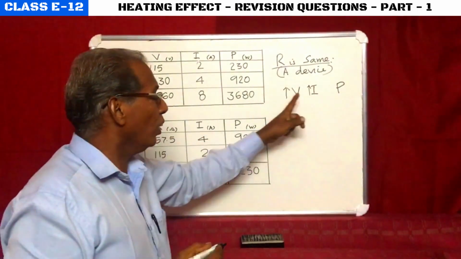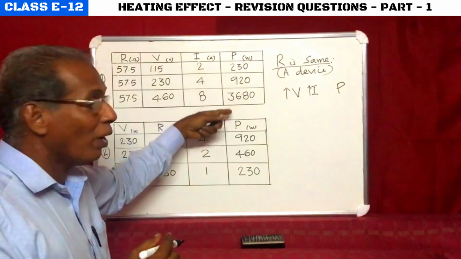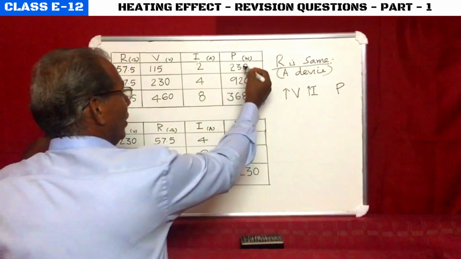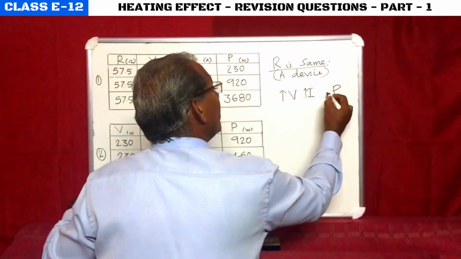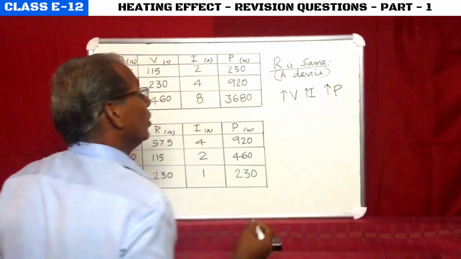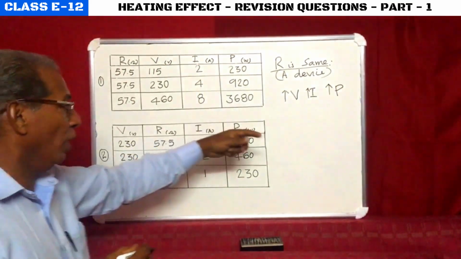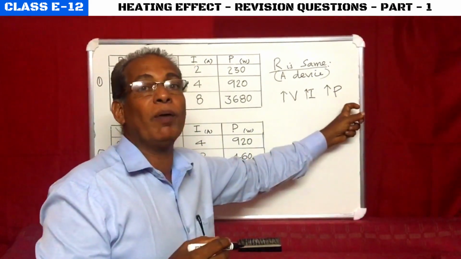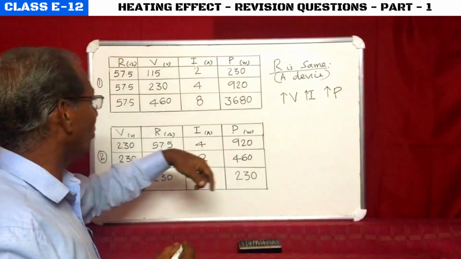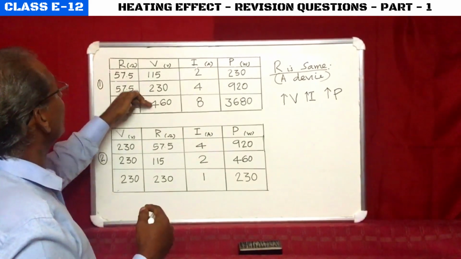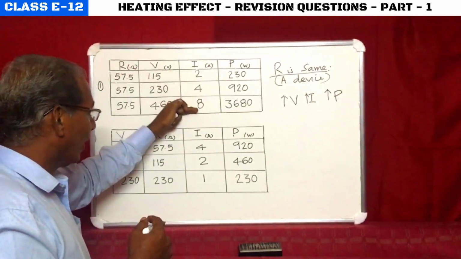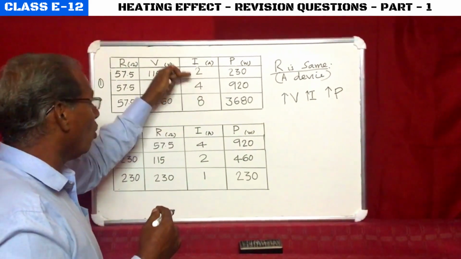Current increases with the voltage. Now what about power? Power 230, 920, 3680. Power is also increasing. So with the voltage, current will increase and power will increase. Just opposite, if voltage is reduced 460, 230, 115, current will be reduced 8, 4, 2